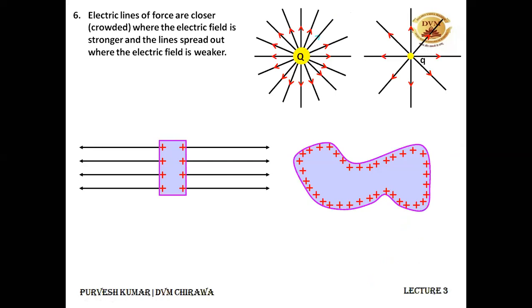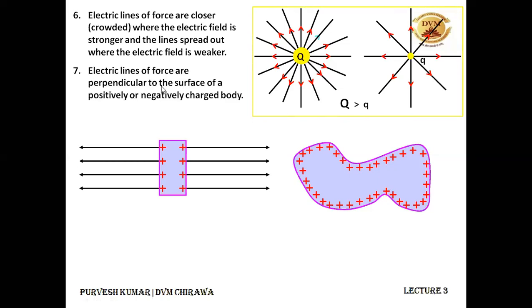You can see the capital Q, the electric field lines are very crowded. So we can say that the field because of this capital Q charge is stronger in comparison to the field because of this small q charge, because the electric field lines due to the small q charge are spread out. So if the electric field lines are denser, then the electric field strength is much stronger. If they are spread apart, then the electric field is weaker.